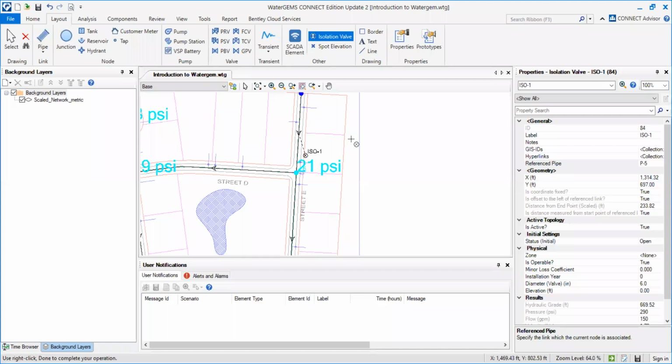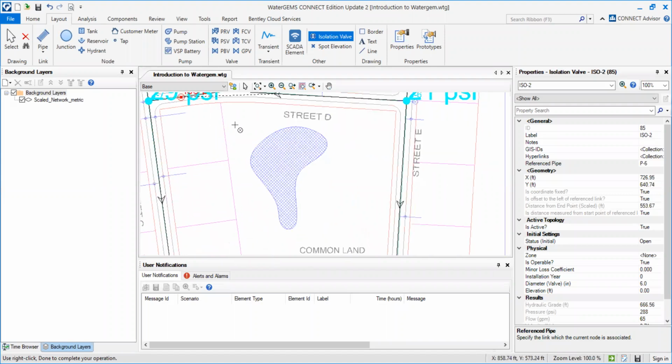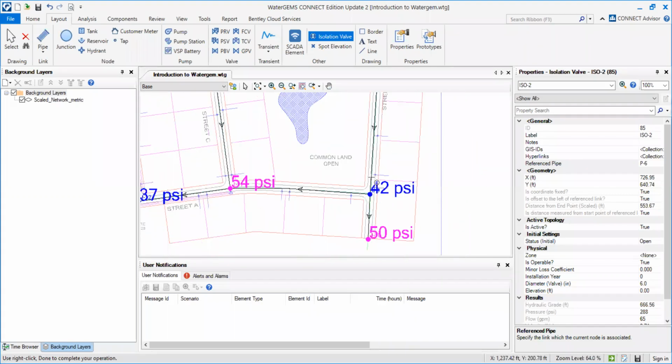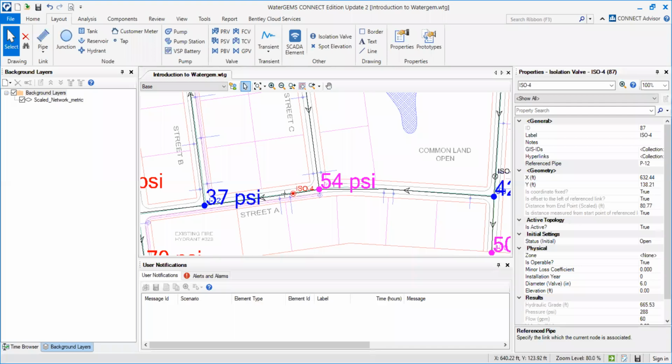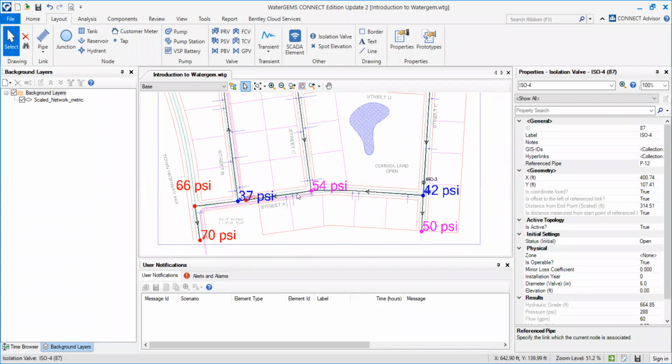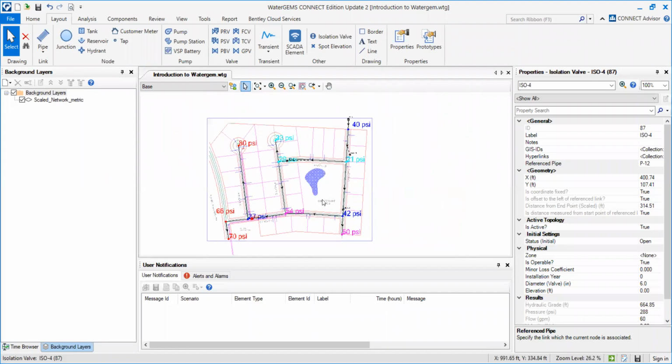I want to add some other valves as well. Okay, split it. And here I want to add some valves as well, and I will add one here as well. After inserting these valves in the water supply network,